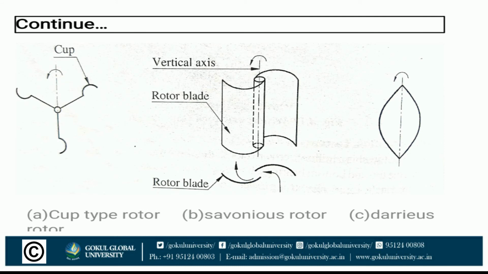Third one, Darrieus rotor. This rotor works due to the lift force produced by a set of airfoils. The blades are shaped like a Troposkien profile, meaning turning rope, which minimizes the bending stress caused by centrifugal forces. The Darrieus rotor is used for large-scale power generation. Its power coefficient is considerably better than that of an S rotor.